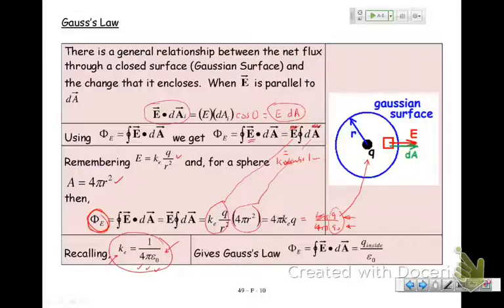So we define Gauss's law, and Gauss's law says flux is equal to the surface integral of E dotted with dA, and that equals Q in over epsilon naught. And so there's really three bits, I guess, to Gauss's law, and sometimes we'll combine these two, and sometimes we'll combine these two, and sometimes we'll combine these two. So get used to writing down Gauss's law completely, and then you'll find that sometimes some questions can be quite easy,